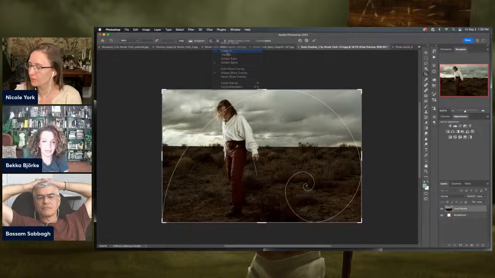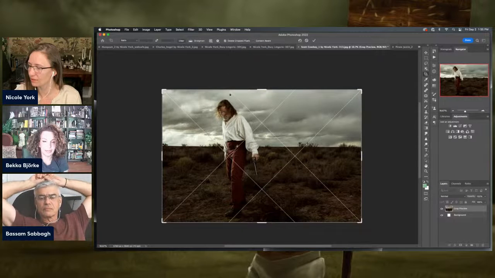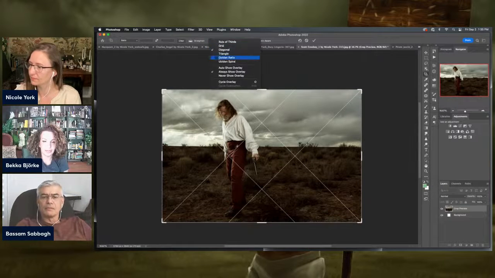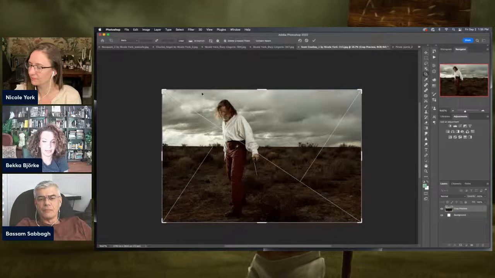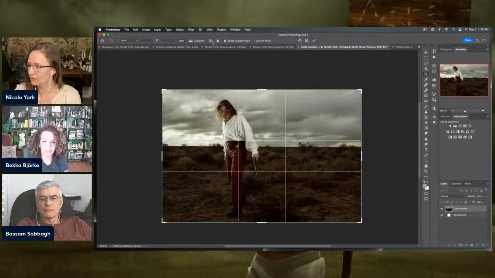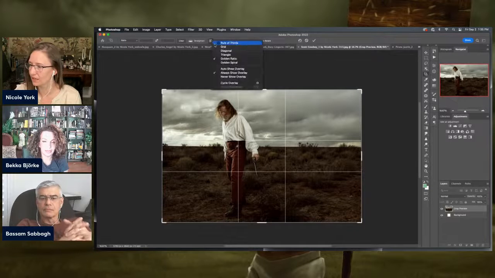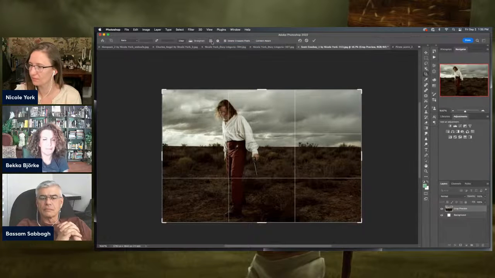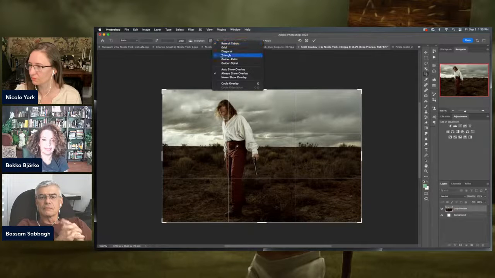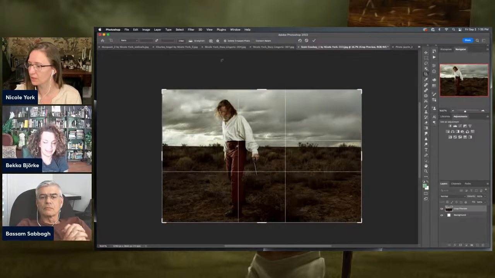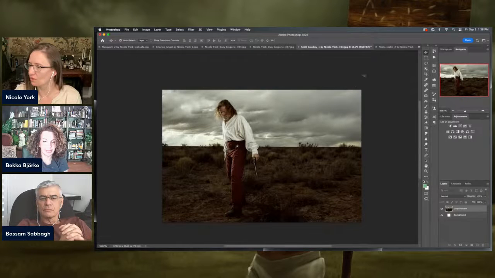Although the gun is definitely playing a more important part there. Our triangle is working for us. Here we are in golden ratio, finding we're kind of in the sweet spot of golden ratio and rule of thirds. So even just looking at overlays there, to see where things fall.